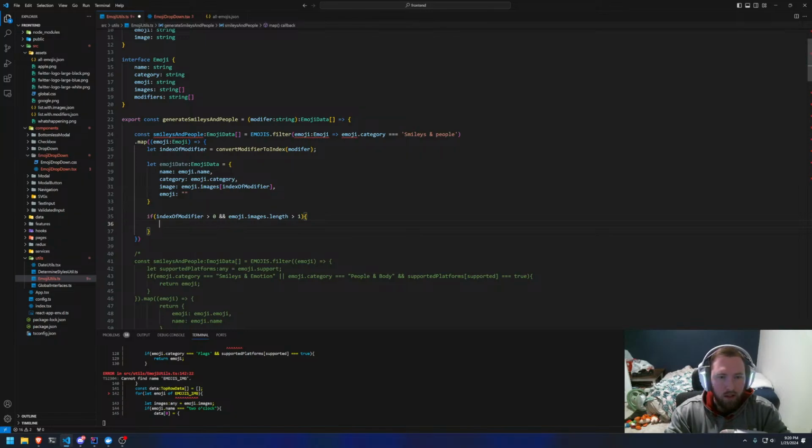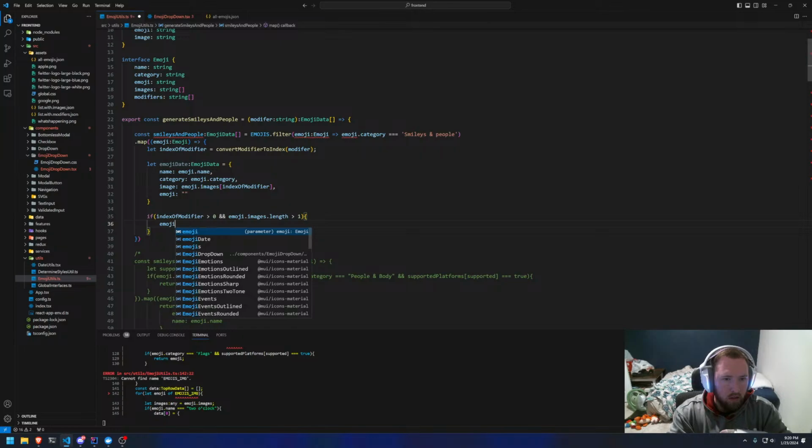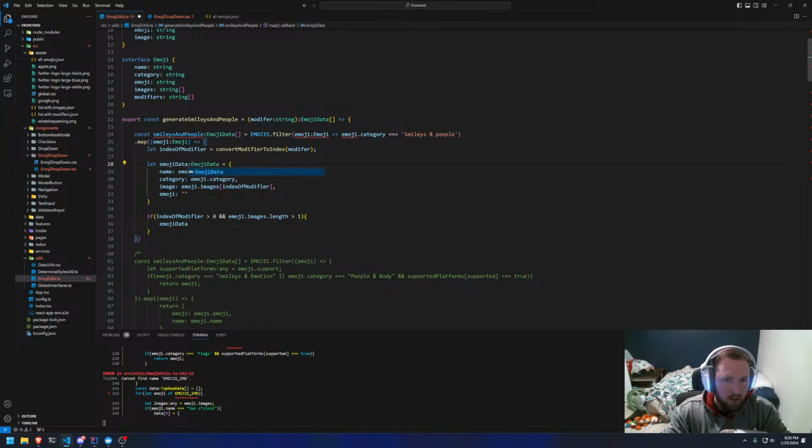As long as we have more than 1 in there, then we'll say emoji data dot image. Not image, it'll be emoji will equal to,